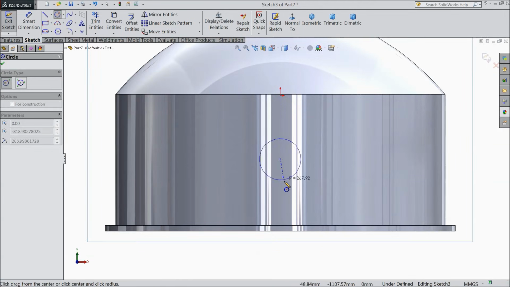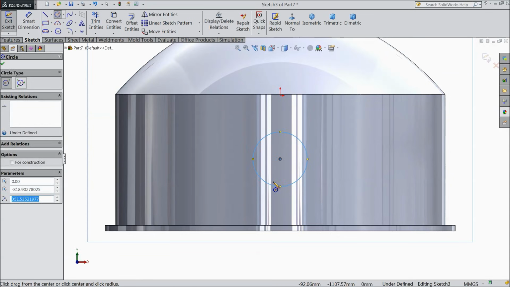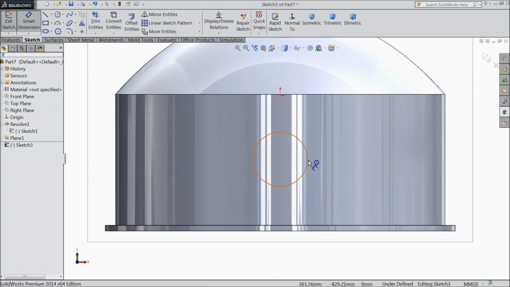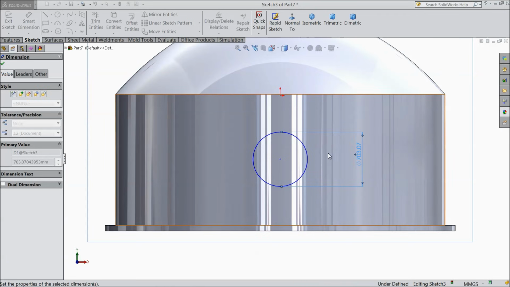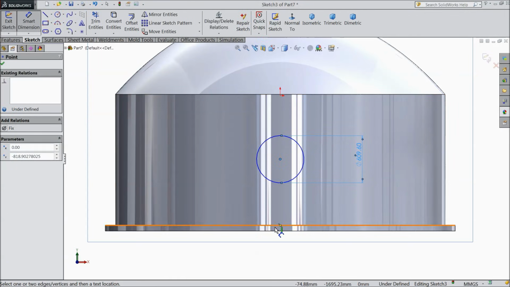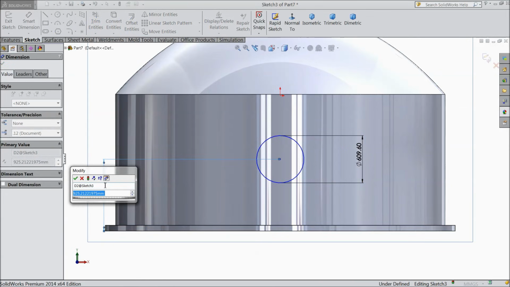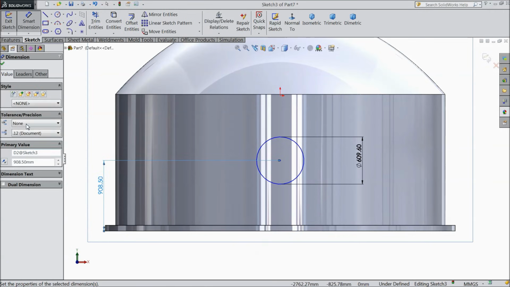Now draw one circle just below the origin point and assign the diameter 609.6 mm and the distance from bottom line 908.5 mm.